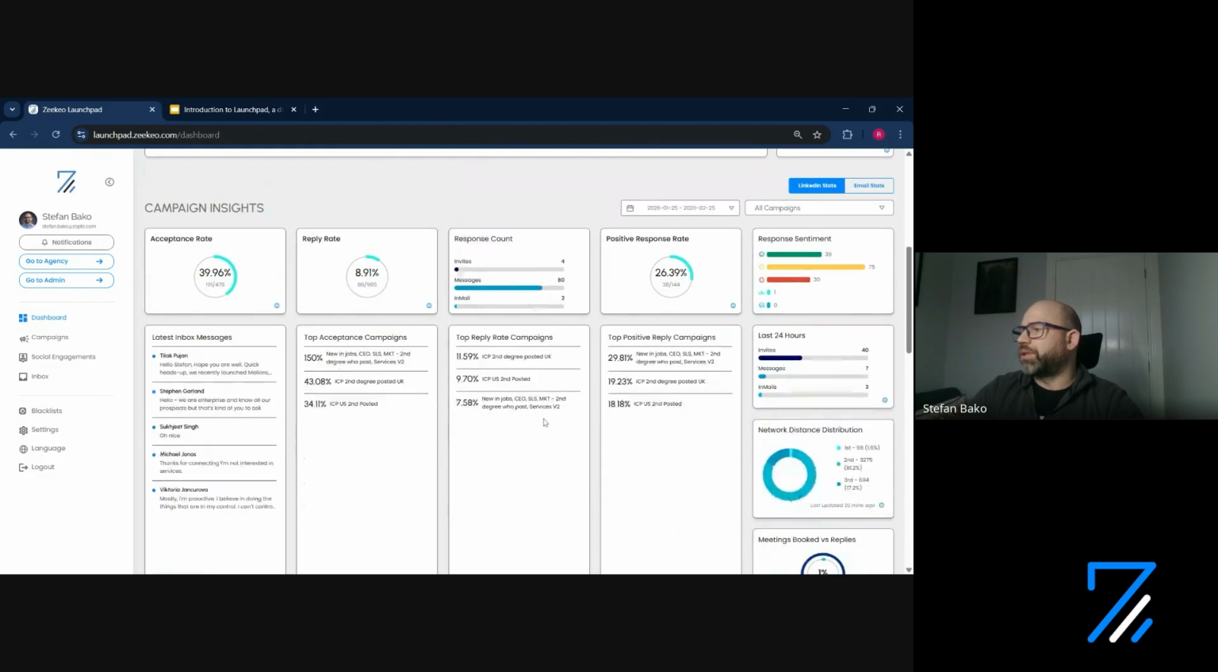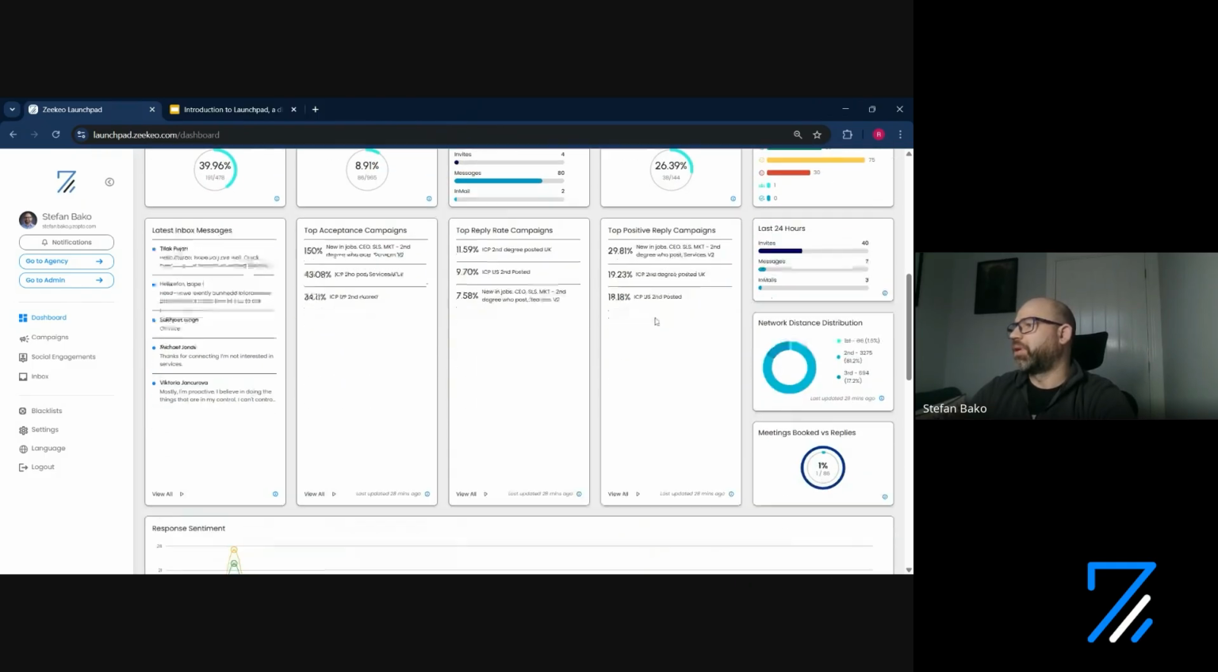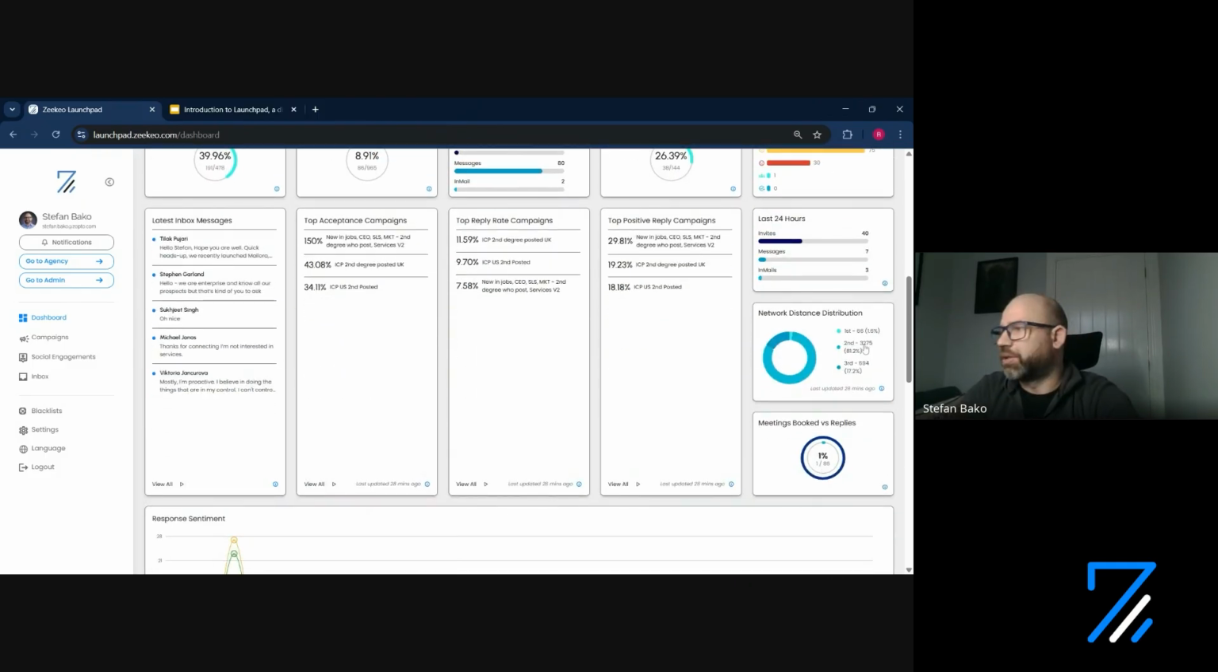Now, the one thing which is hidden here, and I think it's really valuable, is the network distance distribution. How it works is it basically counts, for this period, what was your initial distance to the prospects when you fetched. And why is this important? Especially if you are a reseller. It's important because if you see